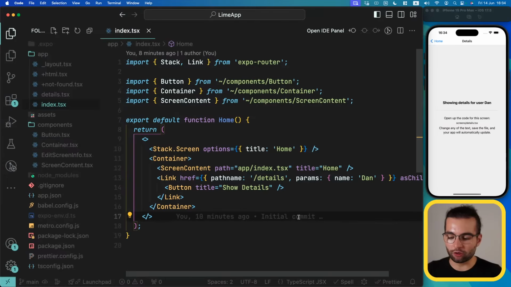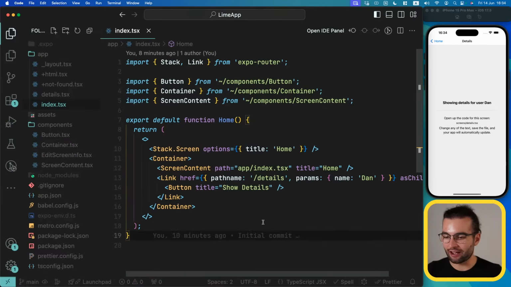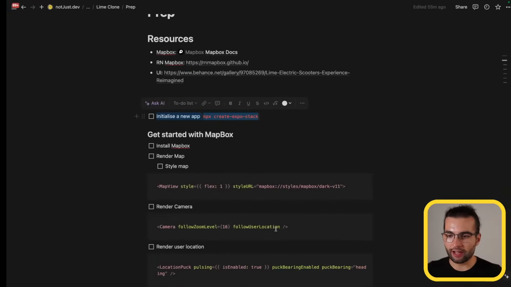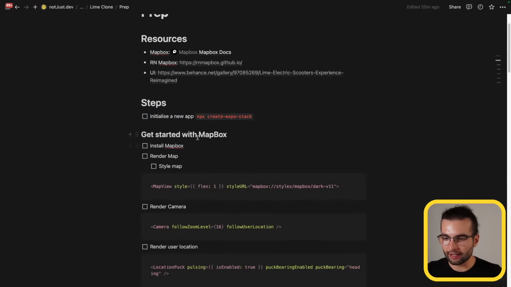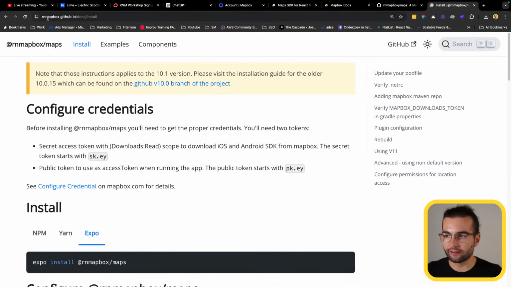But anyway, let's get back to our project and start building. From time to time, I'm gonna check the chat, so let me know if you have any questions. But for now, what I want to do is go ahead and start by installing Mapbox. Let's go ahead to